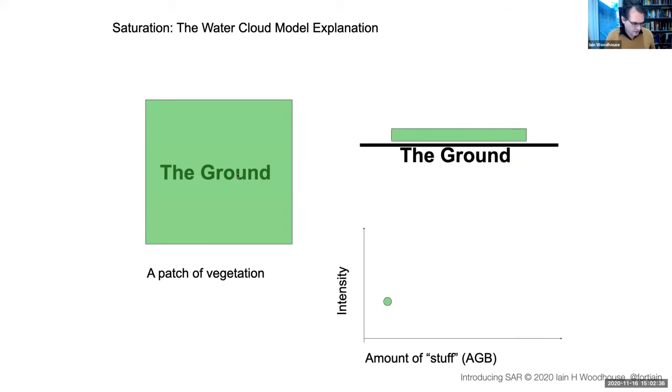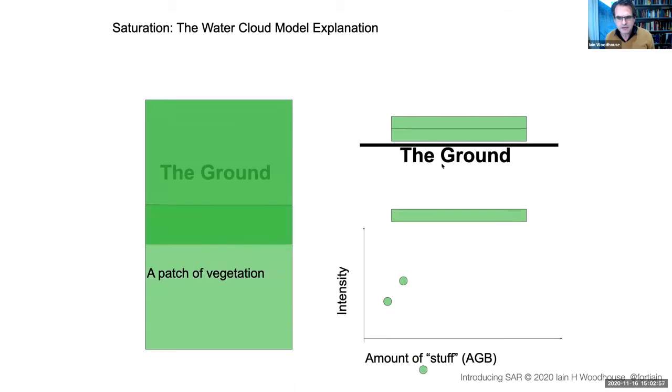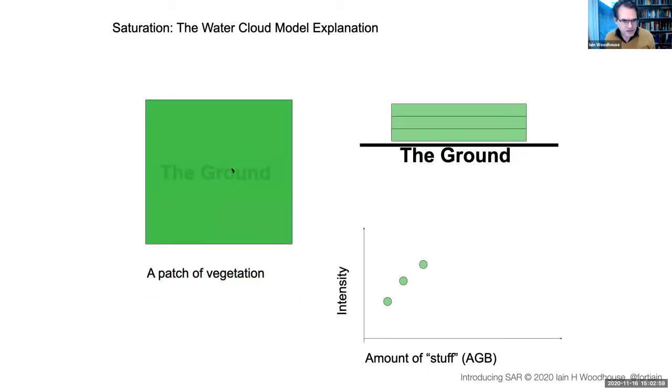So what I've got is the equivalent of my text here, which says the ground, and I'm adding a pixel's worth of my semi-transparent layer. Up in the top right here, we're looking at the side-on view, so the cross section. If I add another layer, you'll see that it starts to get a richer green color as we add these semi-transparent layers. The graph at the bottom is plotting the intensity as I add the amount of stuff. So I've got 3 times more stuff than I did in the first instance now. And if I keep going,